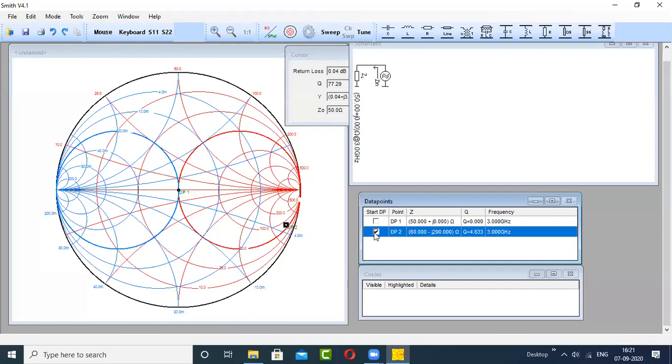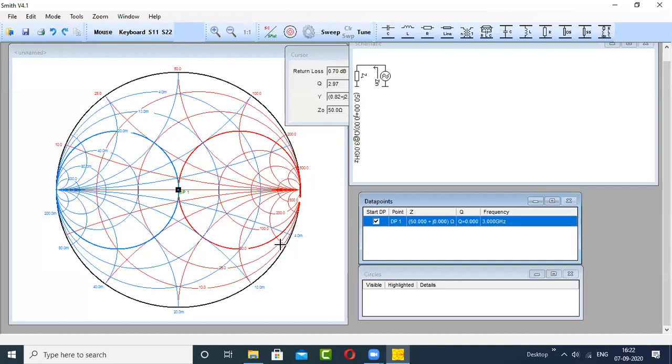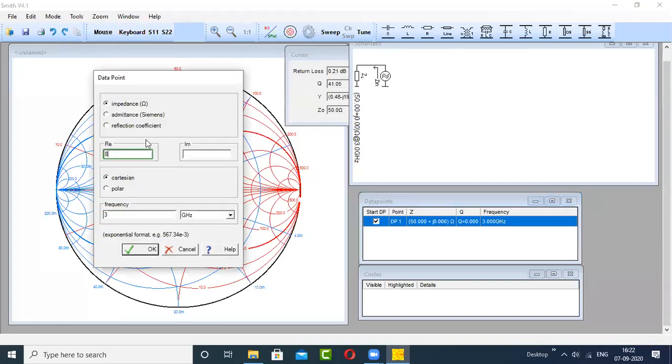Sir, give the ZL value 85 minus J80. Okay, 85 minus J80. Frequency 3 gigahertz.